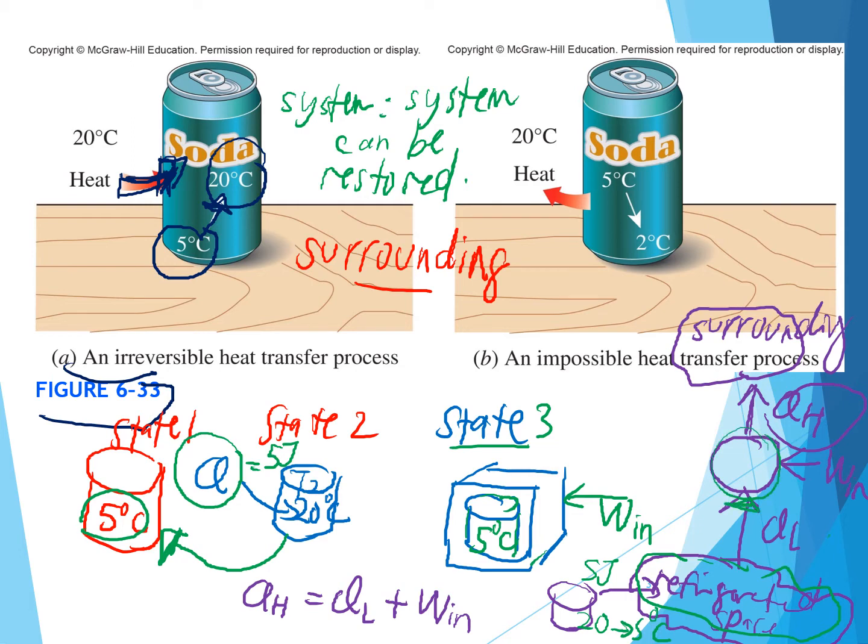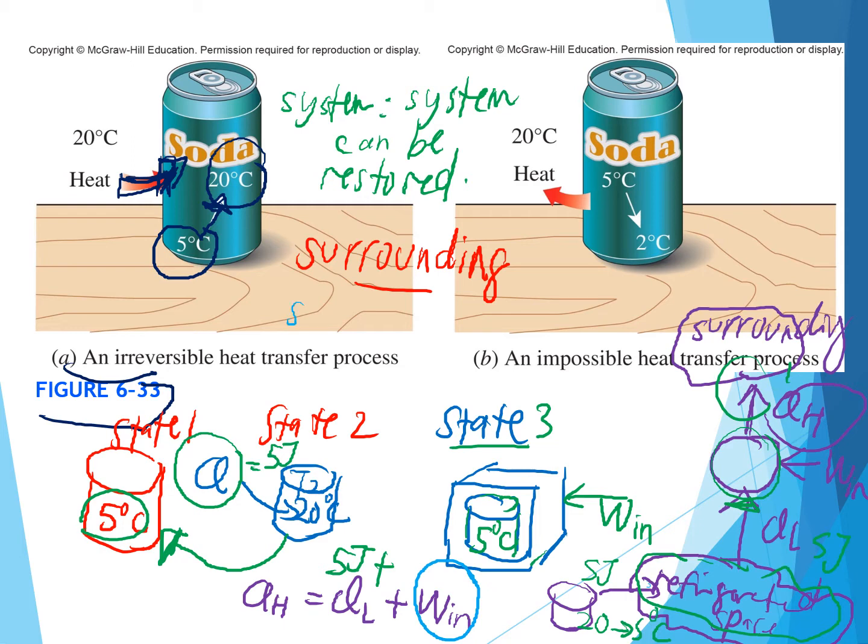So you know that your QL is 5J, for example. And the heat released to the surrounding is equal to QL plus W in, which means that you have additional amount of energy with the same magnitude as the work supplied to the refrigerator, meaning that